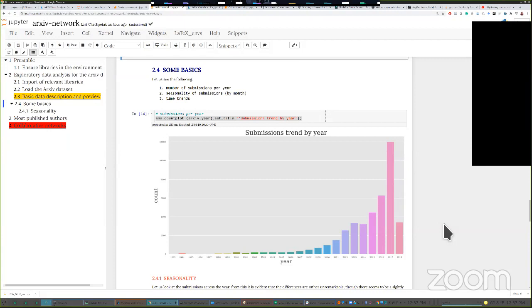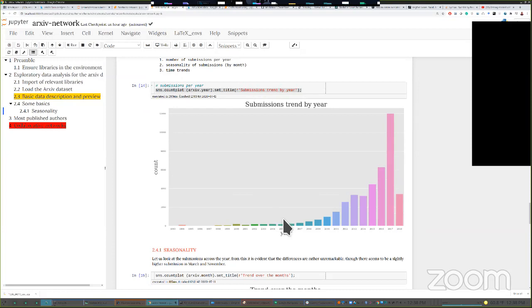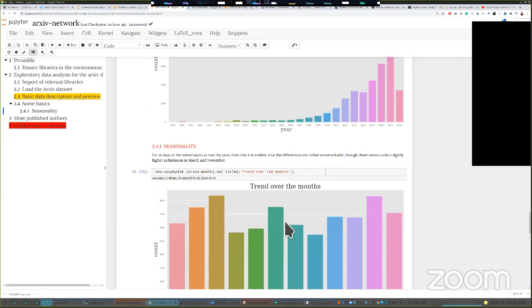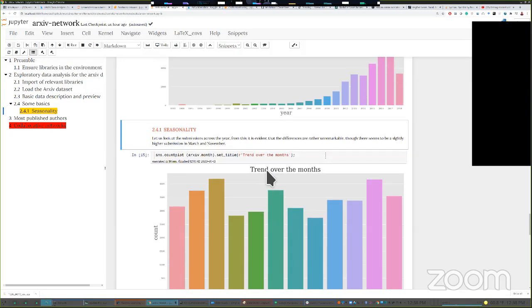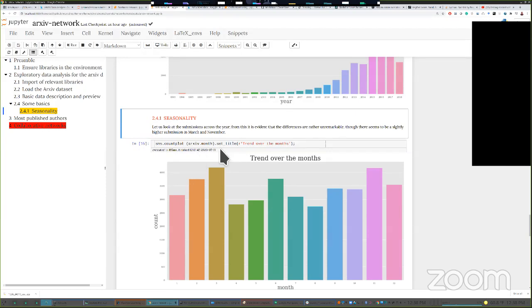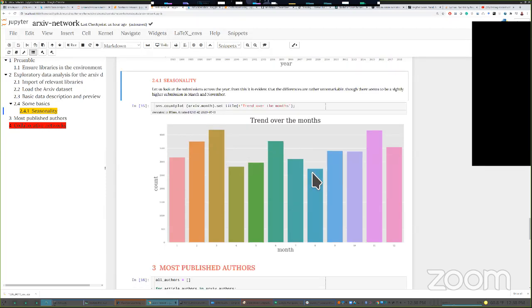And this is the point: it is one thing to pick up the technology, but gradually you should start thinking, what is this plot trying to tell me? We may ask, do people submit more research papers or finish more research in any particular month of the year? When you try to plot it, you get a plot like this. So my observation was that there's nothing very remarkable about it. These small changes, I wouldn't read too much into it.